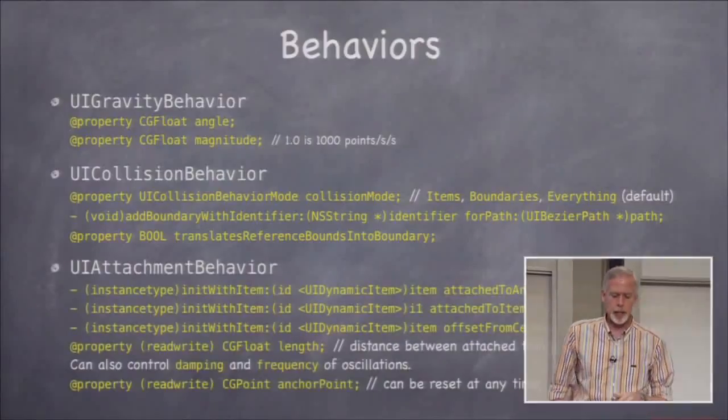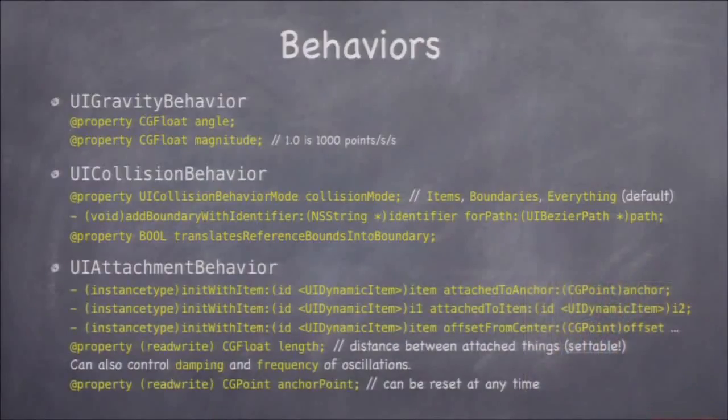All right. Attachment behaviors. Okay, this is a way to attach an item to a fixed point or to another item. Now, one thing to remember about this, if I hook an item up to a point, that does not mean that item's not going to move. Okay? If I hook it up to this point and I have an item here, right, and gravity happens, my item's going to go like this. It's going to swing, okay? Because the attachment is just attaching the two things, the point and the item. It's not attaching it to the background, okay? And also, if I